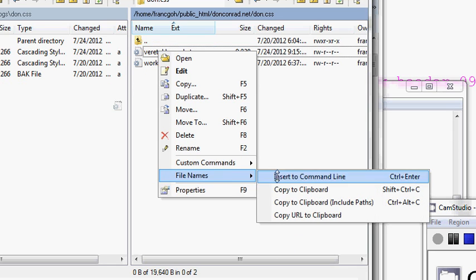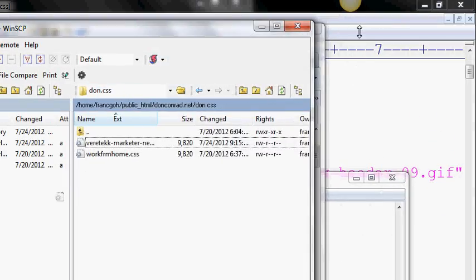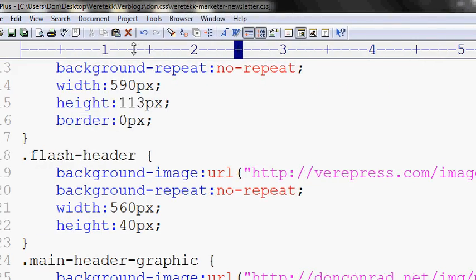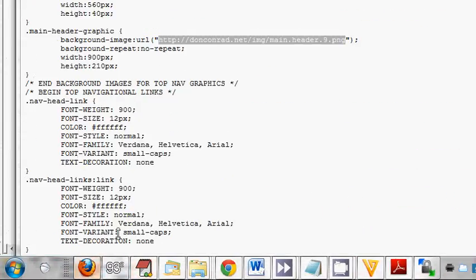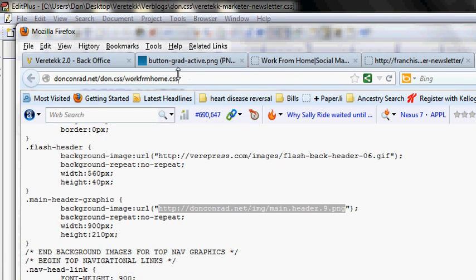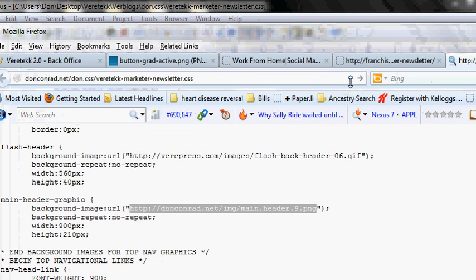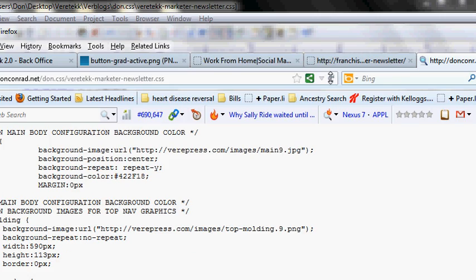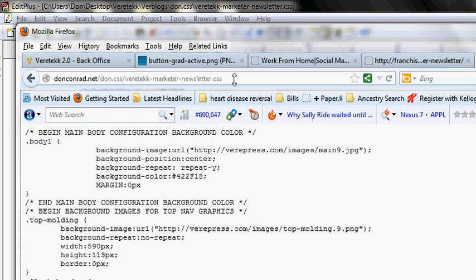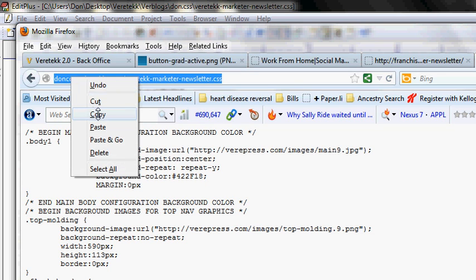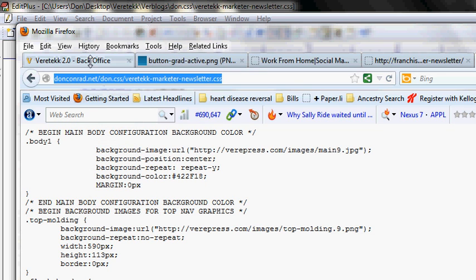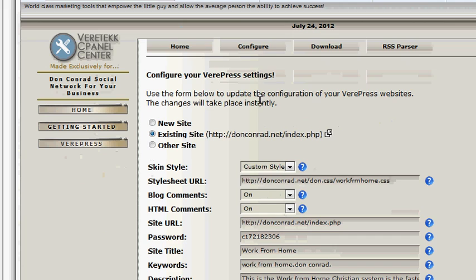Copy to clipboard. Bring that back up. Now let's put it on the end here. It looks like this, and refresh it. You can tell it's different. Now we're going to take this whole URL here, the new CSS that we just made, and we're going to